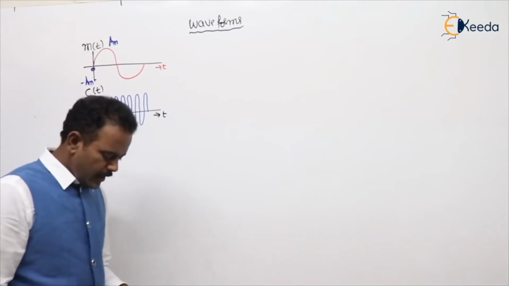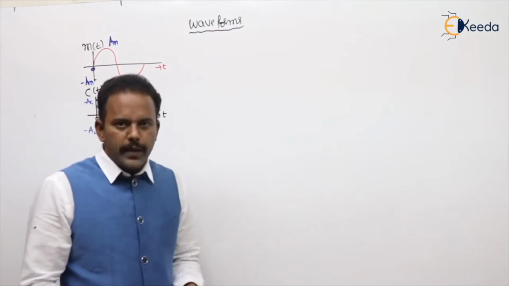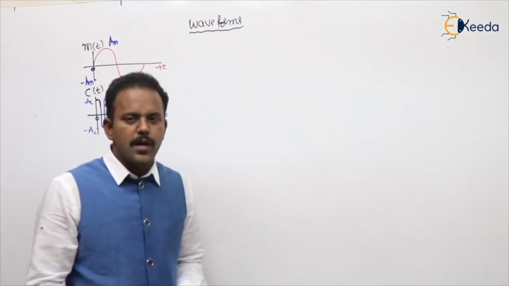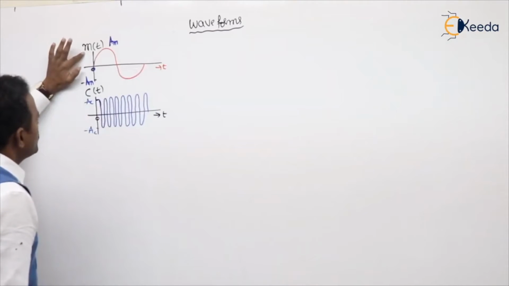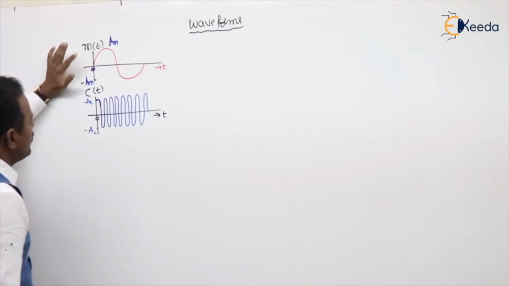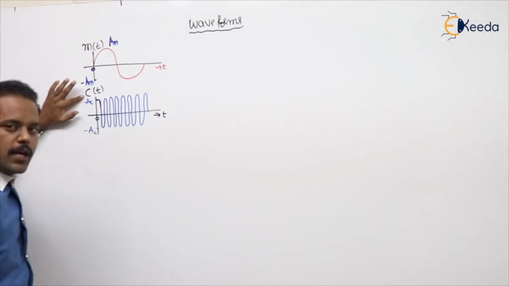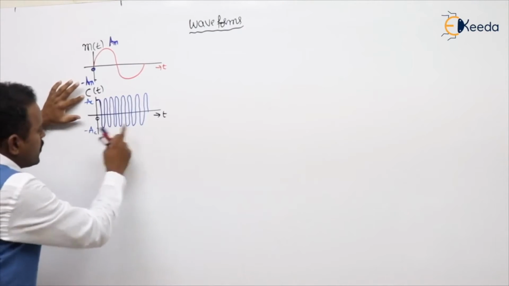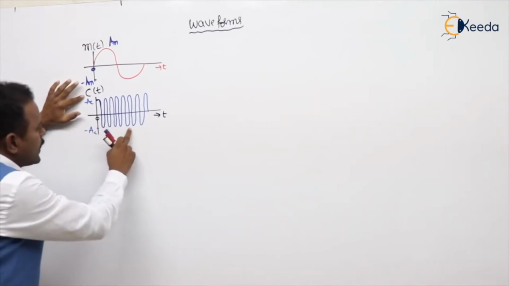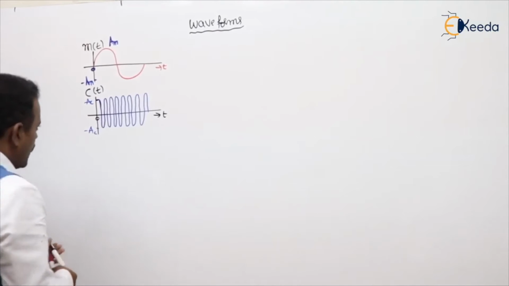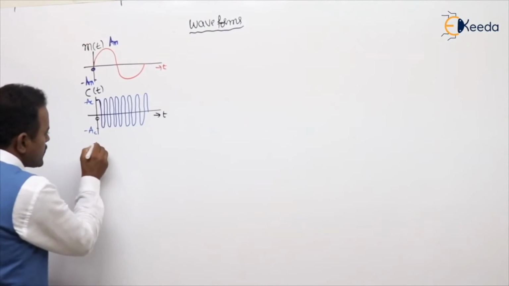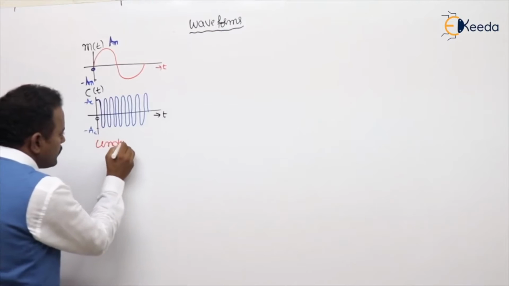Now, before going into envelope detection, let's see the waveforms of an amplitude modulated signal. Let us assume the message signal m of t is a sinusoidal one. Generally the carrier is Ac cos 2 pi fct. Its frequency is more. For showing symbolically, I have taken more number of cycles. Now I want to draw the AM signal waveform for all three possible cases. All three possible cases means first I am writing for under modulation.